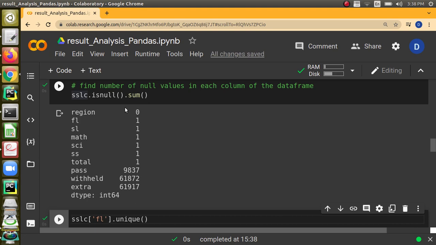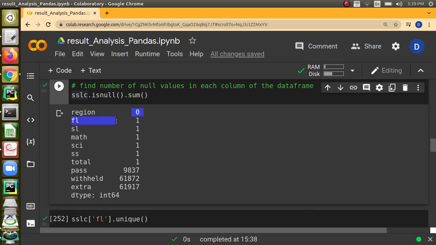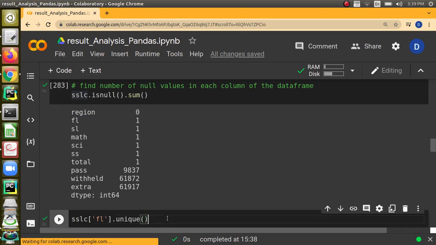So when I use isnull.sum, it will tell me how many rows have null values. For region, there is no null value at all. For first language, we see there is one null value. For each of the languages, we see one null value. For pass, so many null values. For withheld, this much.